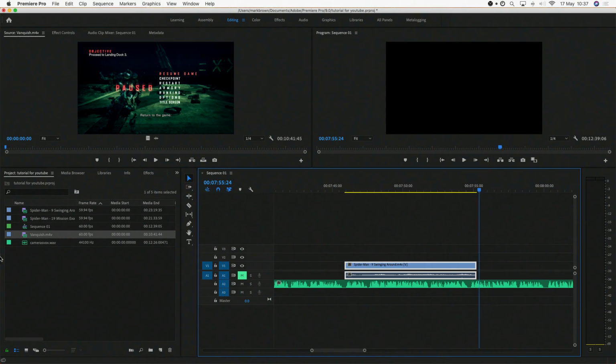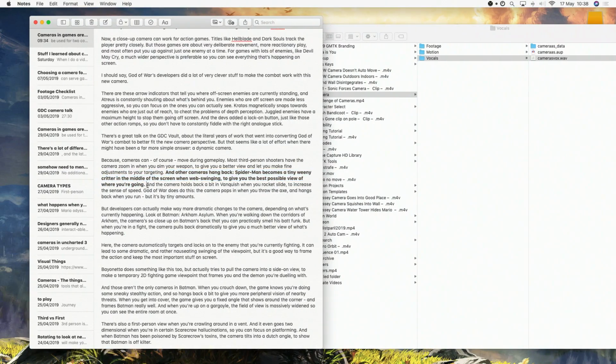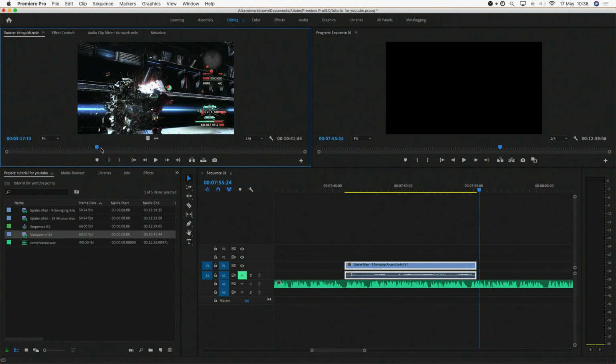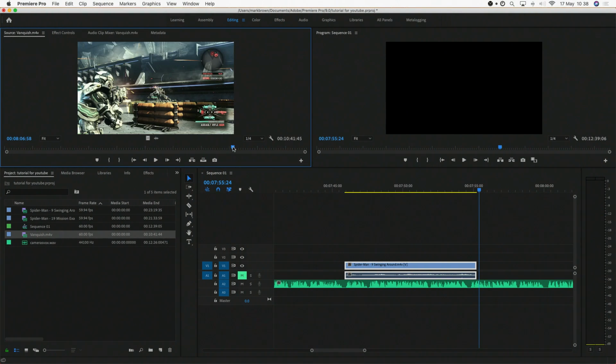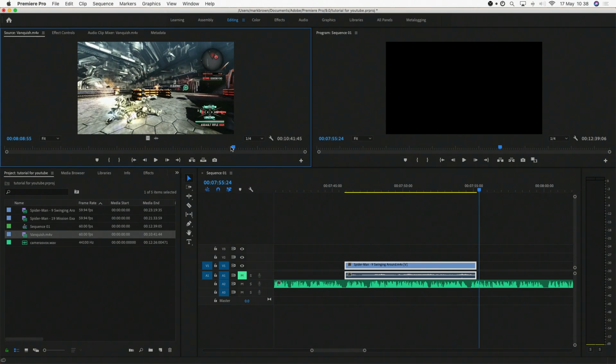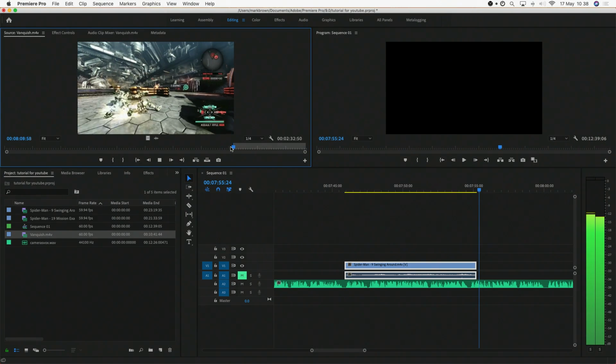So in this bit I say, let's go back to the script. It says, "and the camera holds back a bit in Vanquish when you rocket slide to increase the sense of speed." And so for this, let's look at this bit where I say rocket slide. Maybe what we could do is we go into Vanquish and we find a bit where I'm rocket sliding. Okay, here we go. So we're going to pause it just as I start rocket sliding